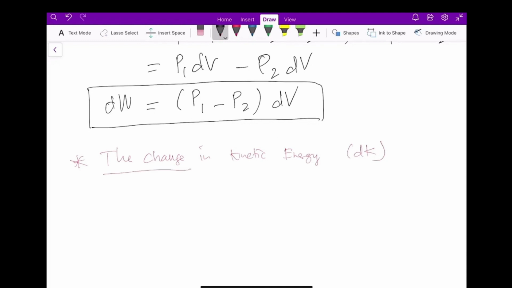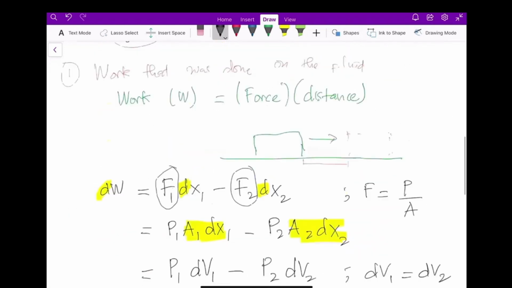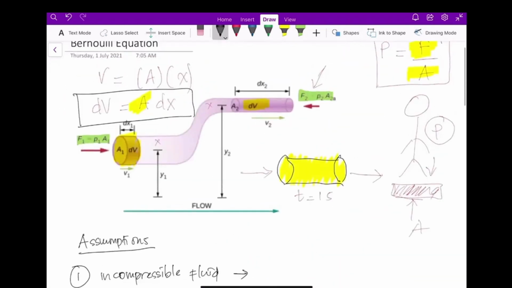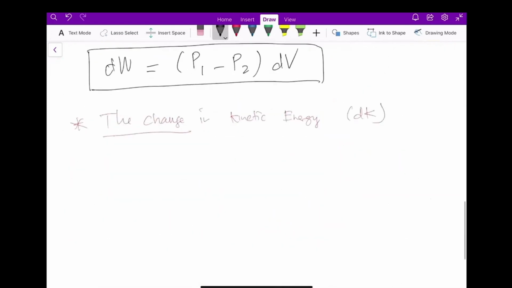You know that kinetic energy is basically equal to mv squared divided by 2. So if we want to analyze the change of kinetic energy at two different points, let's say point 1 and point 2, we need to take the difference between these two. So dK